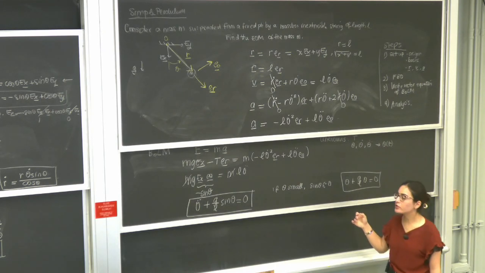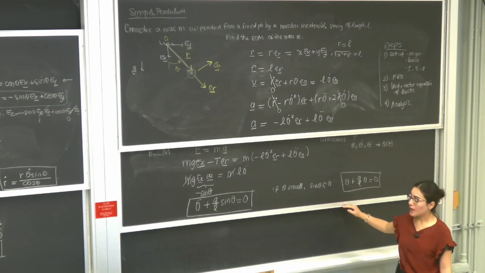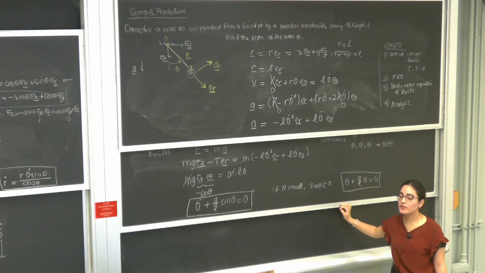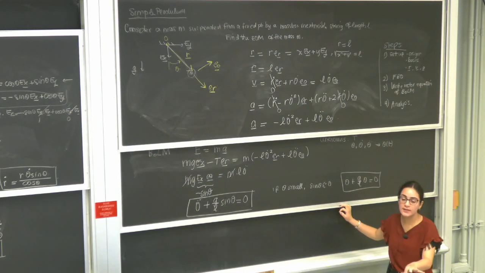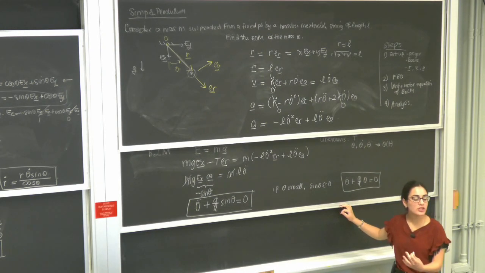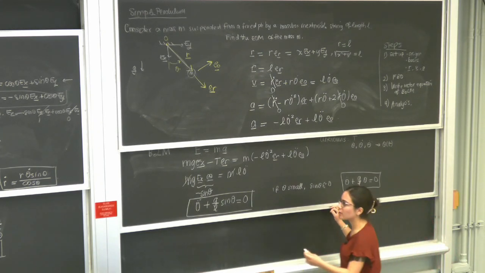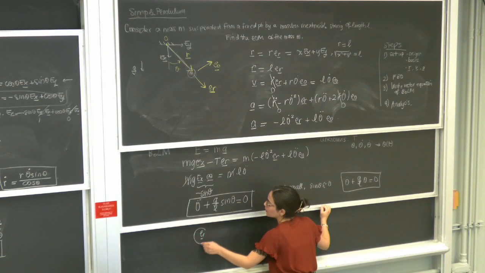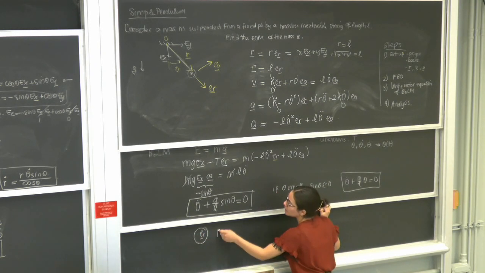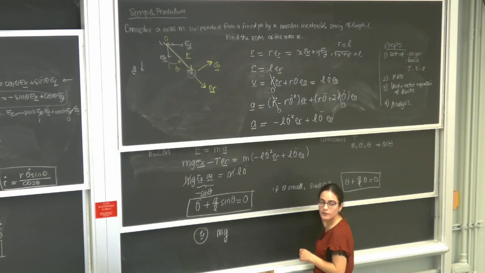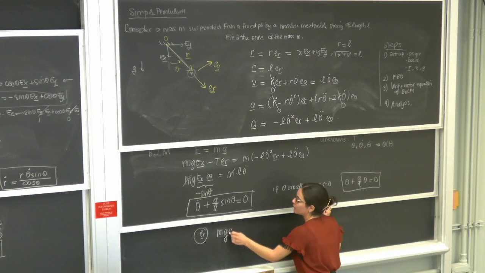I can take any projection as long as it's not along which direction? e theta. If I project along e theta like I did, I'll get rid of T. So if I take any other projection along ex, ey, or er, I'll get an expression for T. So if I project along er, mg ex, what is ex dot er? Cosine theta